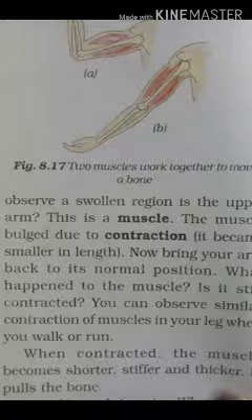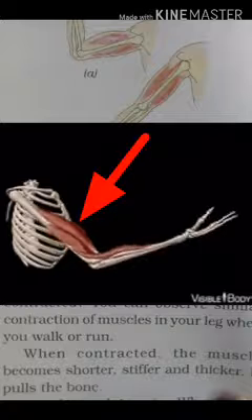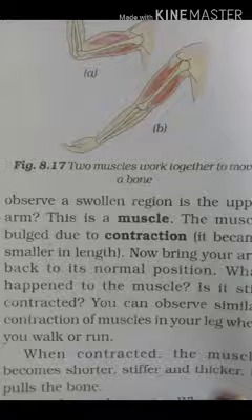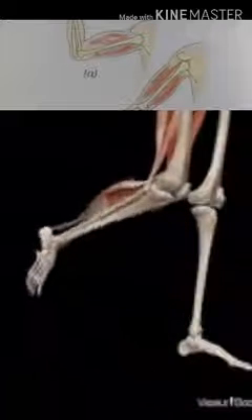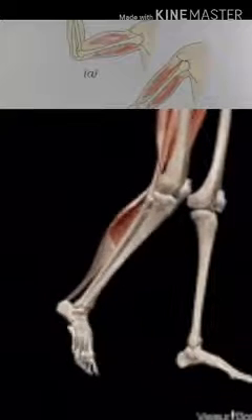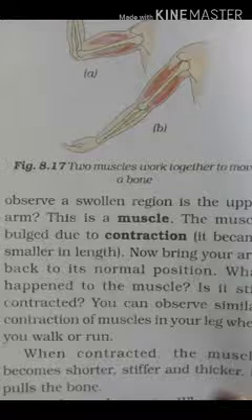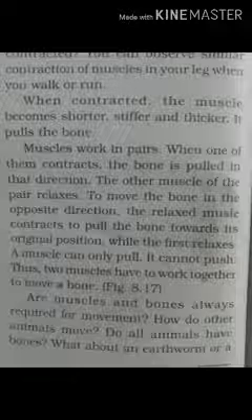It is the muscles that help in the movement of the bones. Muscles attached to the bones contract and relax, making those bones move. But muscles, they work in pair. When the muscle contracts, it becomes shorter and pulls the bone. At the same time, another muscle attached to the same bone relaxes to bring the bone in its original position. The relaxed muscle will contract and the previous one which had contracted earlier will relax.